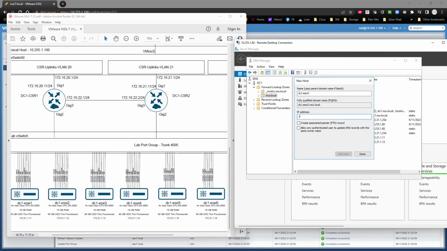dc1-esxi3, 172.31.1.13, and then dc1-esxi4, 172.31.1.14, dc1-esxi5, 172.31.1.15, and then dc1-esxi6, 172.31.1.16. And then last but certainly not least,